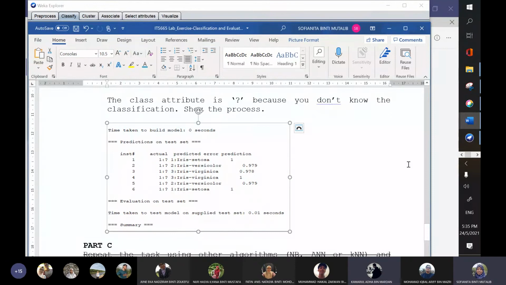So in the output, it says error prediction. From my point of view, the 1 and 0.979 is more or less like the confidence score. So why is it called error prediction?